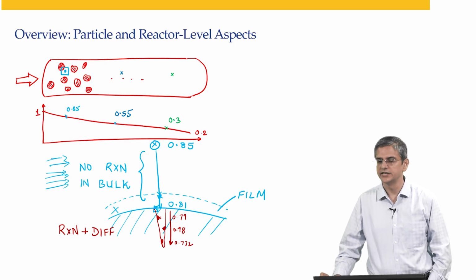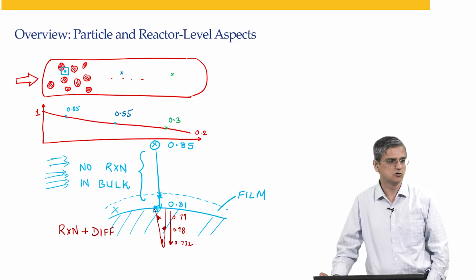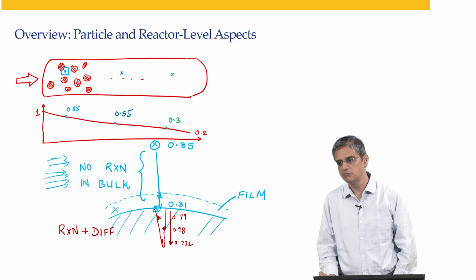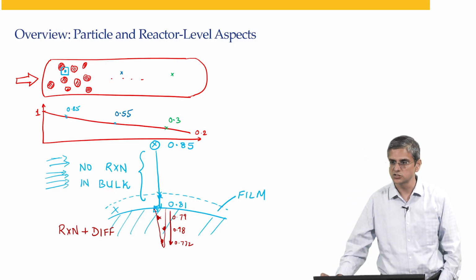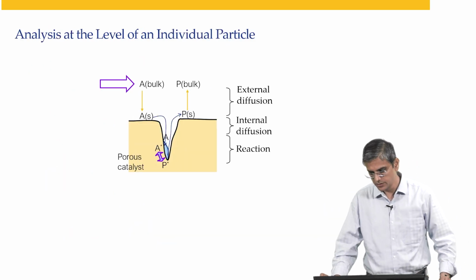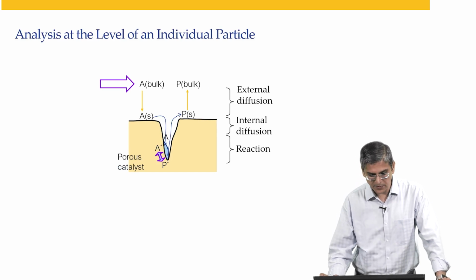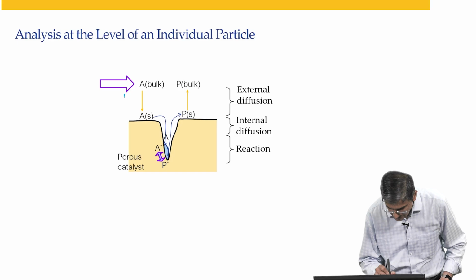Not really, it is a reasonable approximation. A reasonable approximation that allows us to do a whole lot of analysis in a much more lucid and much simpler manner. And again the analysis at an individual particle, this bulk diffusion